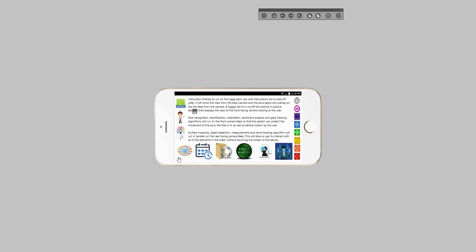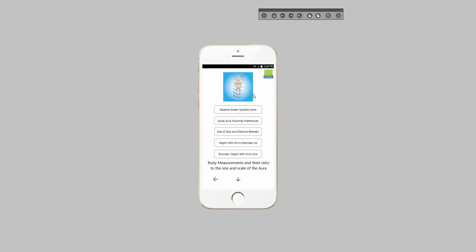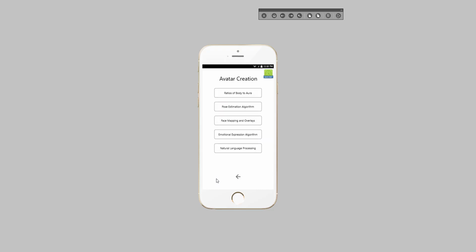So you'll build your avatar, get a baseline questionnaire, social proximity preferences, size of eyes. Like you take photos to get these different measurements, which will then automatically set how close the aura is, so that when you're using VR or augmented reality, your hand will be able to reach all of the buttons and such, and you'll be able to change that.